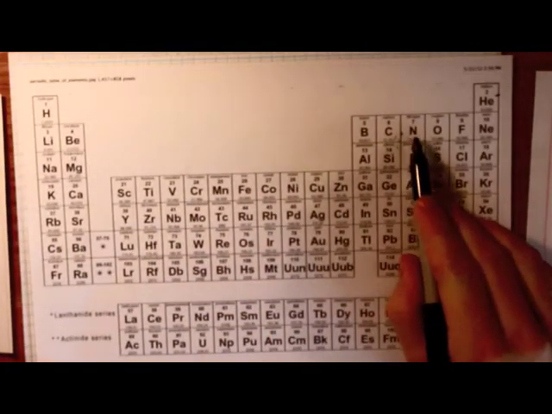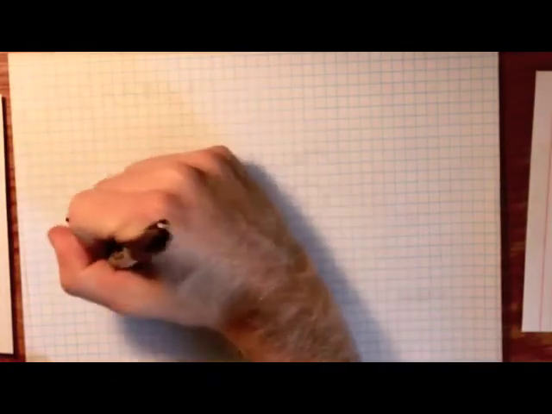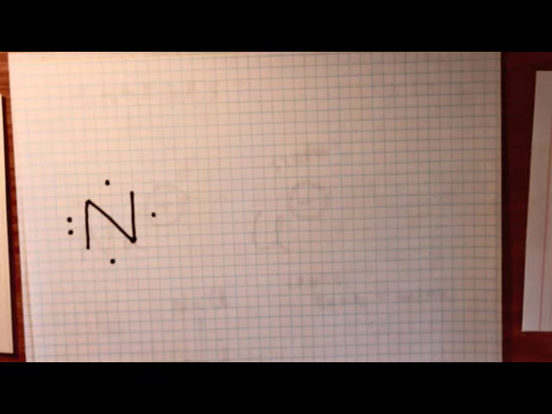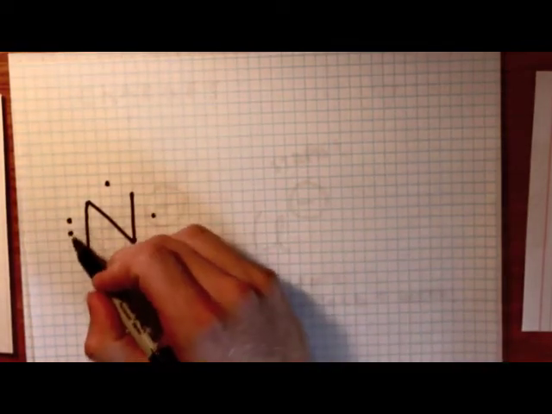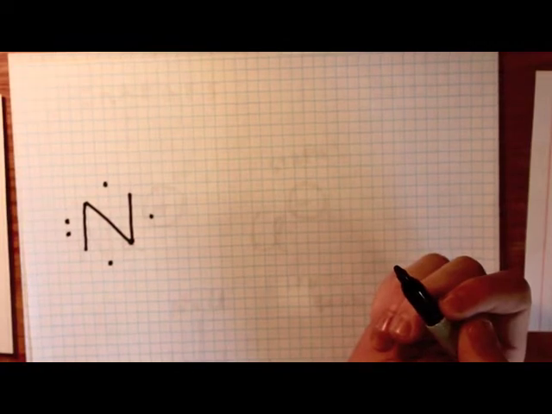This here is nitrogen, an N. Nitrogen is just one click over on the periodic table, giving it 5 electrons in the outer shell. 5 electrons that give all the action. I'm going to draw 5 dots around nitrogen. So, just like carbon, nitrogen is going to try out this covalent bond scheme so it can feel like it has 8 electrons. Unlike carbon, nitrogen does not have a lot of options. That's just the math. Nitrogen can only make 3 bonds in 2 combinations.